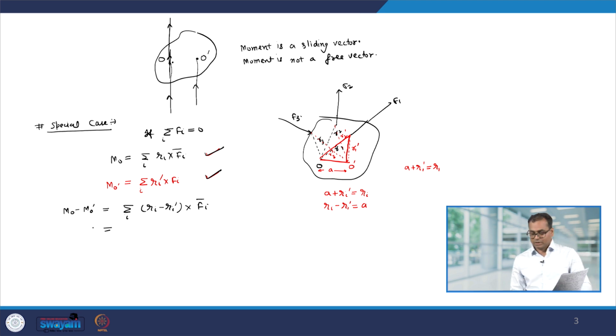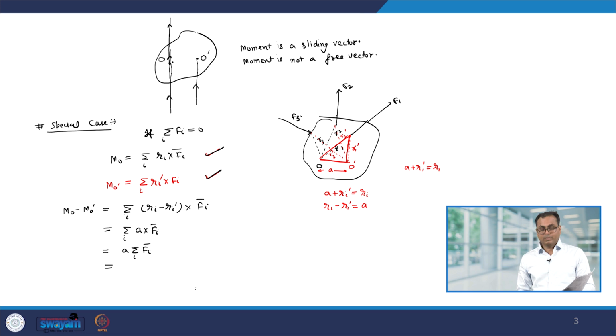But just now we have seen that Ri minus Ri prime is A, which is the spacing between O and O prime. So, therefore, this will be equal to the sum over i of A cross Fi, but since A is constant, we can take it outside the summation